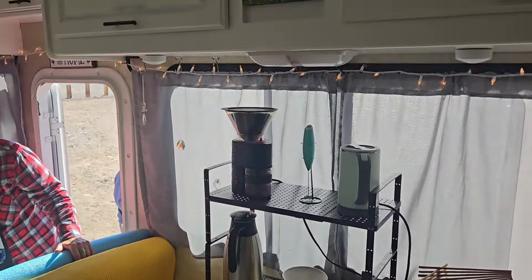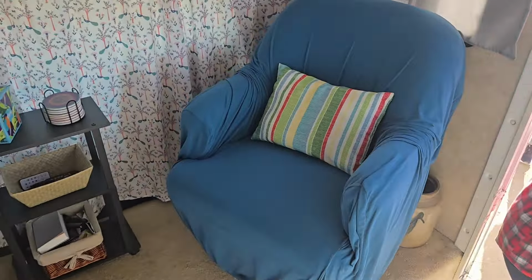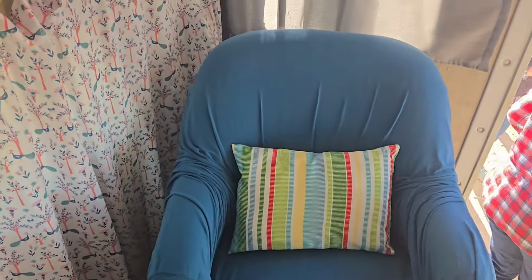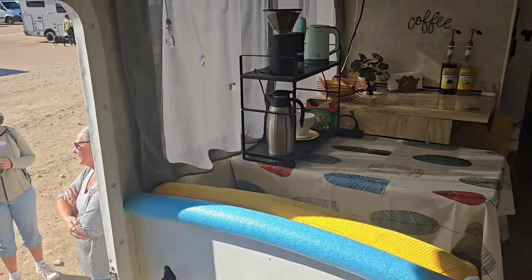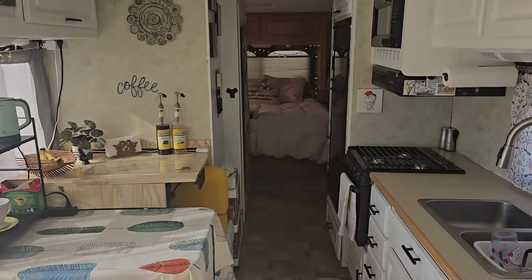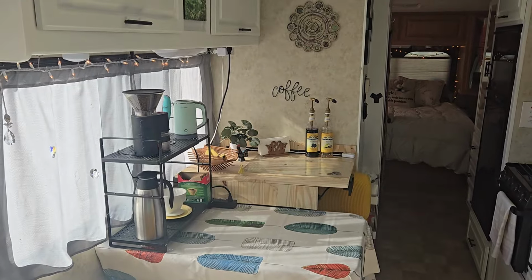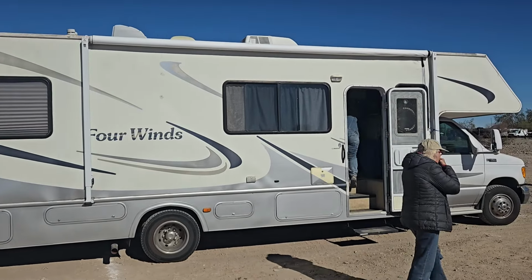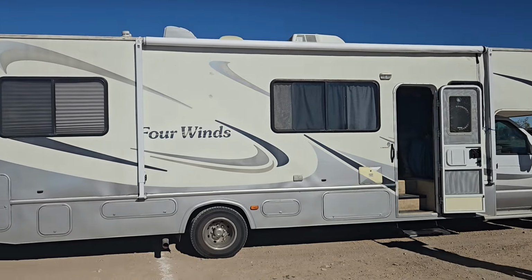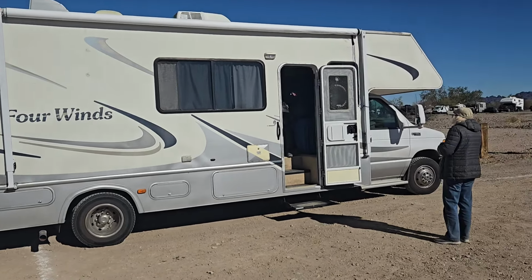And she has the bed back there, and she has a little bathroom too? Yes, she does. Oh, cool. This is nice. Yes, it is. Nice, nice, nice. I like her chair as well. It's 600 amp hours, like as big as 2 batteries. Yeah, it's very nice. Come on in. Here's the outside of the rig that I just showed you. It's an older rig. I don't know what year, but